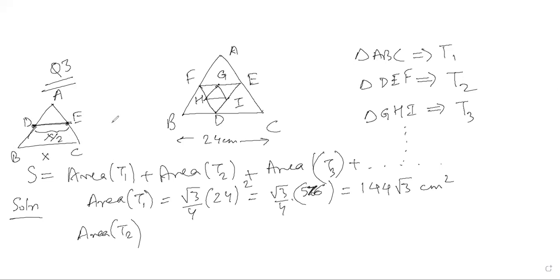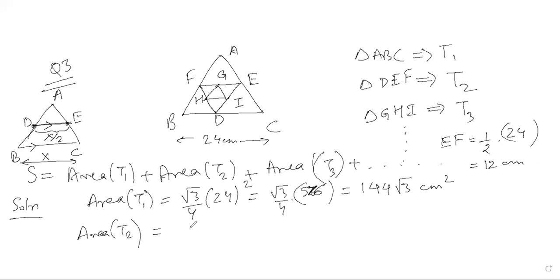Suppose this length is DE, then this line segment DE will be parallel to BC. This is the first thing. And the second thing is the length of this line segment DE will be half of the length of line segment BC. So which means EF will be equal to half of BC. And we know the length of BC is 24. So half of 24, which means EF will be 12 centimeter.